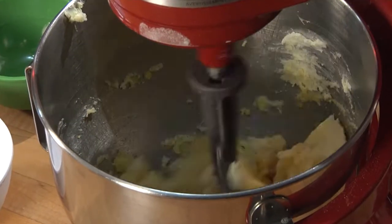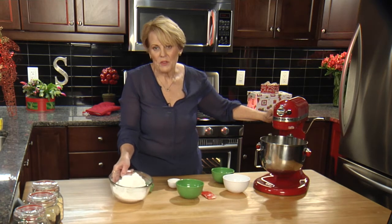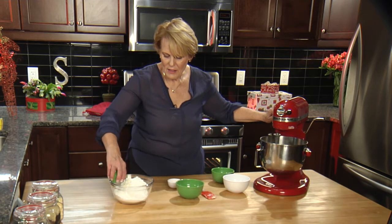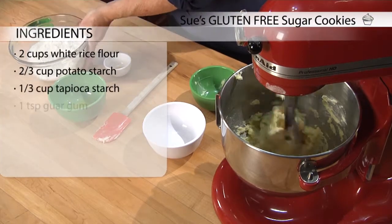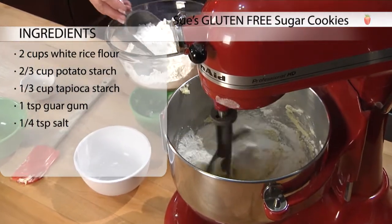So our flour mixture is white rice flour, tapioca, and potato starch. And we've also got some salt in here, and we've got some gum. The gum will help make it thick. So we can now put the flour in here. This is going to end up being a really thick dough,